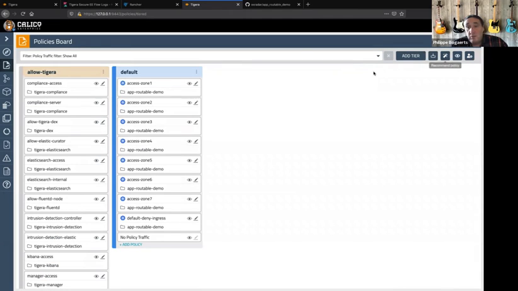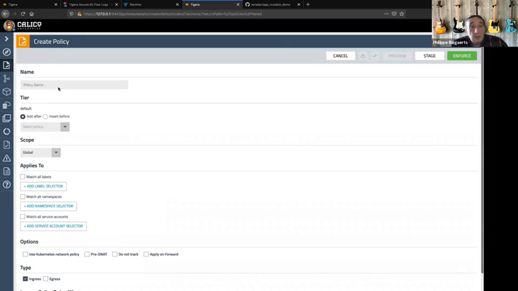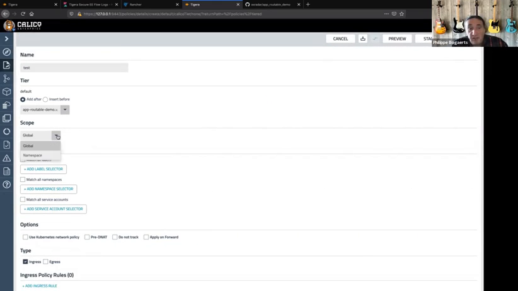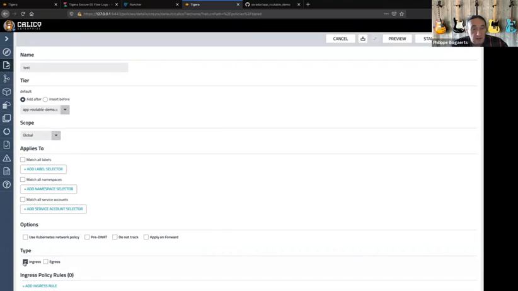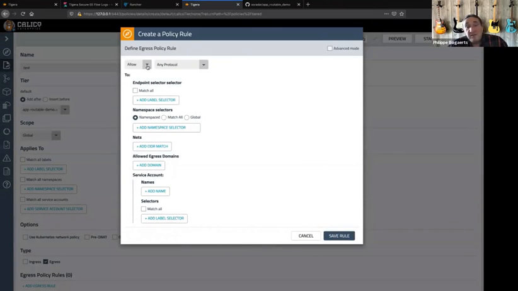To give an example, we could say add policy. Let's give it a name. As you can see, we can create it somewhere in the list, because it's ordered, and it can be of global nature or namespace nature. And we can use Calico advanced features. Let's create an egress rule. You can see I have the standard allow feature, but I can use the deny feature and so forth. I can use pod selectors. I can use namespace selectors to select my traffic based on